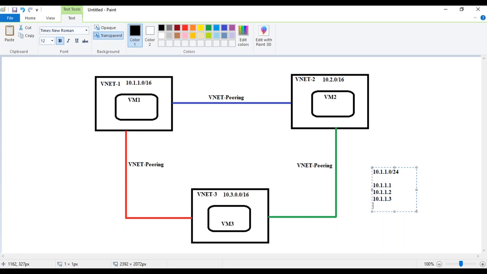These three are used by Azure. From the fourth, the IP will be assigned automatically, you don't need to assign manually. It will pick an IP and assign it to the virtual machines or other devices. That is what happens.